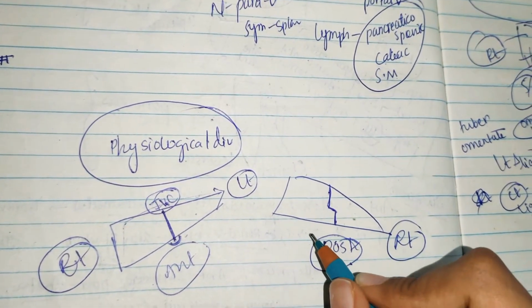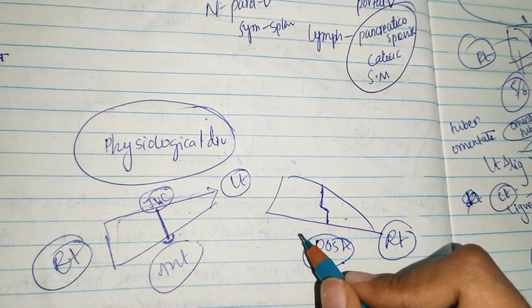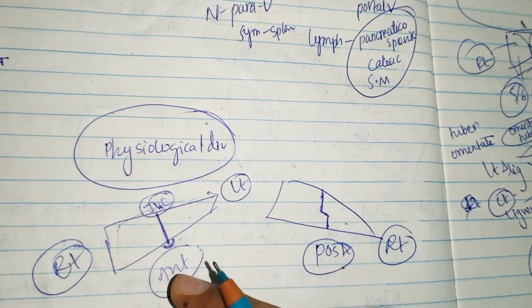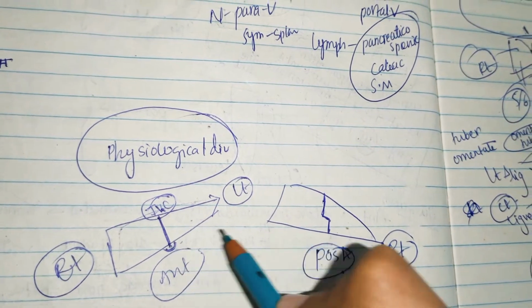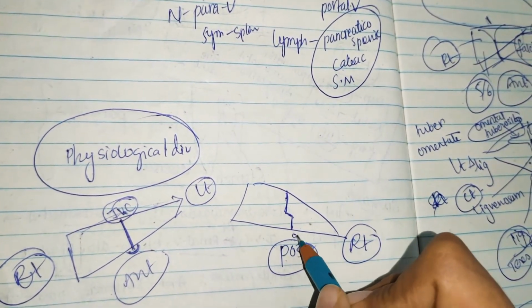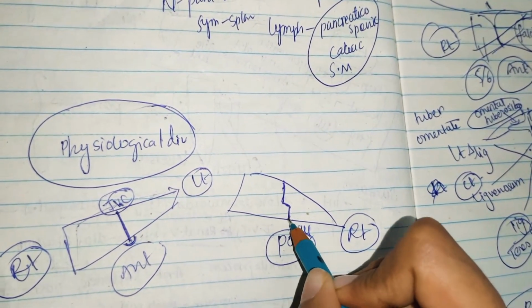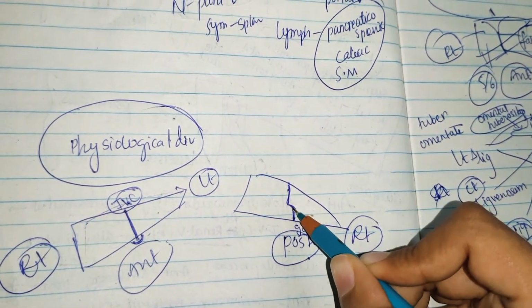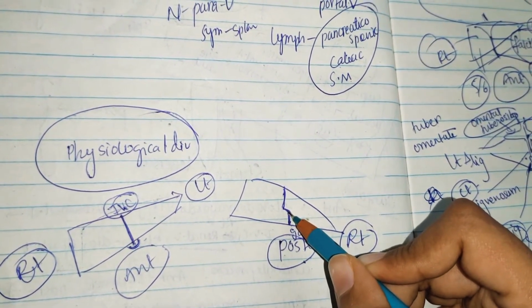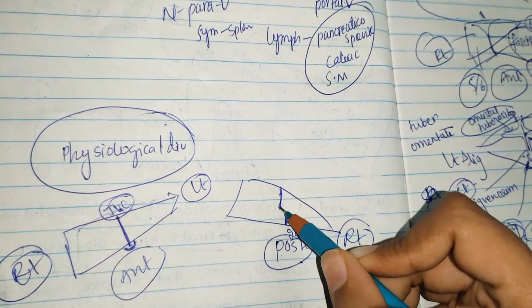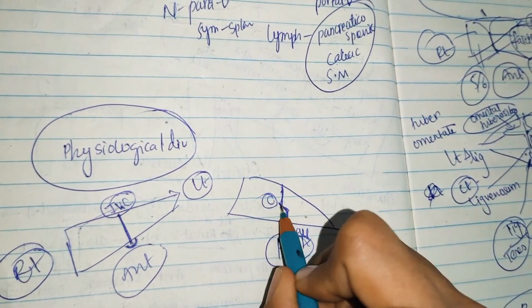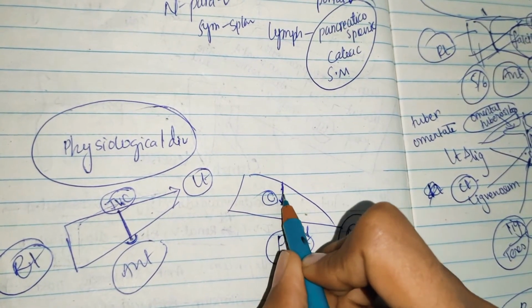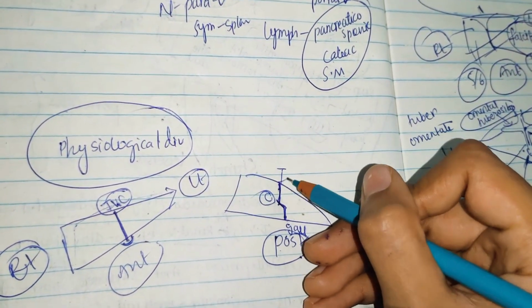So continue the same line even on the inferior surface, and on the inferior surface the plane should pass through the fossa for gallbladder. So here will be the gallbladder, right? So for the fossa of gallbladder, here you should continue the plane. Next, on the posterior surface, it passes through the middle of the caudate lobe. You know, here will be the caudate lobe. So in the middle of the caudate lobe you should draw the line, and next it will continue again backward, because here only you will have the inferior vena cava.